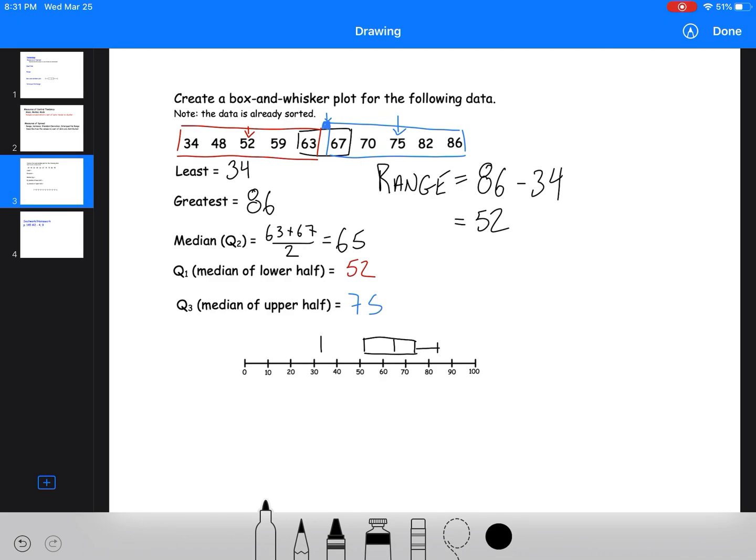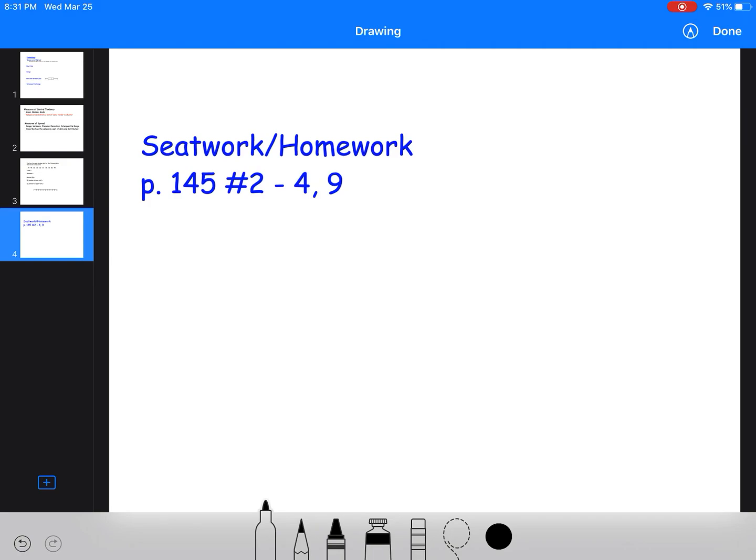So now I'm just going to fill in that box, and bada bing, bada boom, you're done. Okay? You don't necessarily have to have the same size of whiskers. The median doesn't have to be in the middle of the box part of the box and whisker plot. Okay? Homework for this